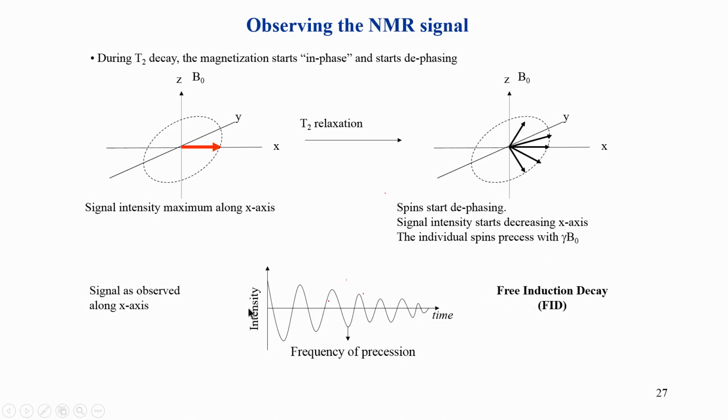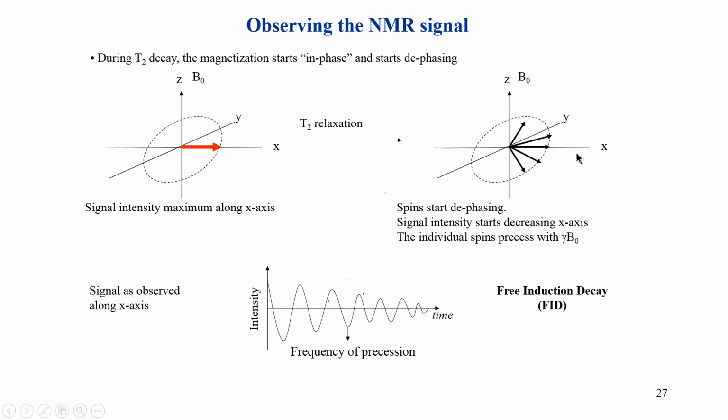So, this signal which is detected is called a free induction decay. The reason we call it free induction is because the signal is free. Now, we have removed the pulse, so the signal is free to go back to equilibrium. And the reason it is called induction is because the signal is detected by the magnets, these tiny rotating magnets, which induce an EMF in the coil kept along the x axis, and that causes the signal to be generated, and that is amplified and detected, and it goes in an oscillating manner. So, this is induction. We are detecting the signal not directly, but indirectly through its induction